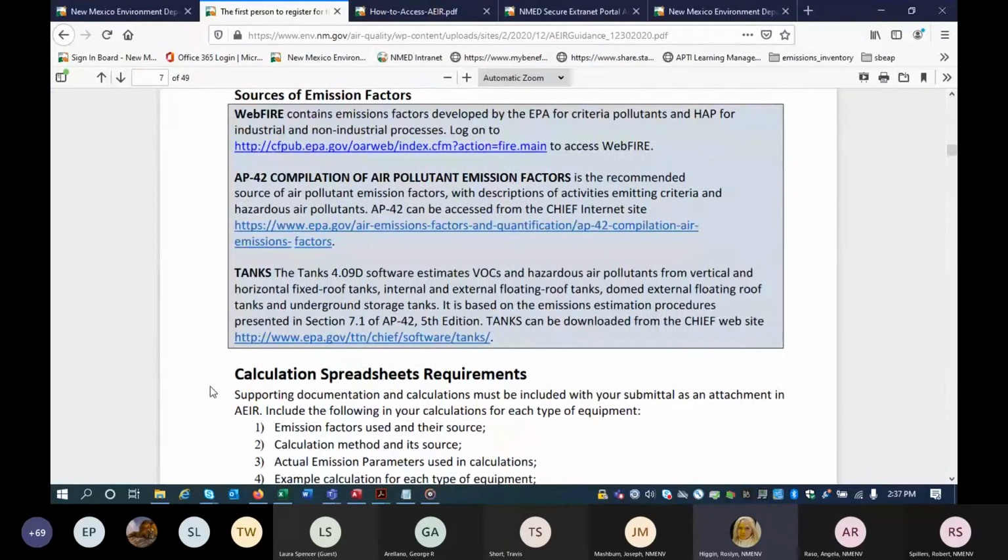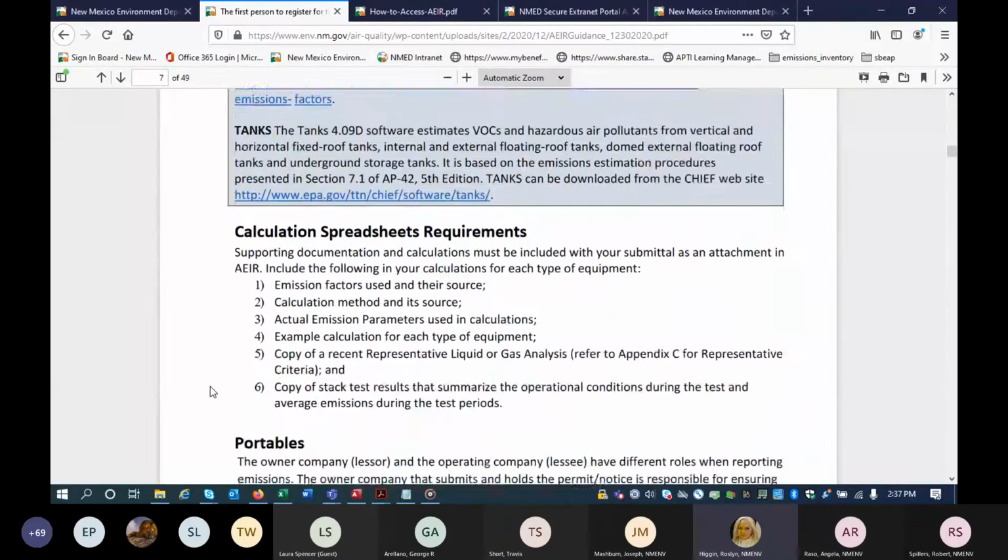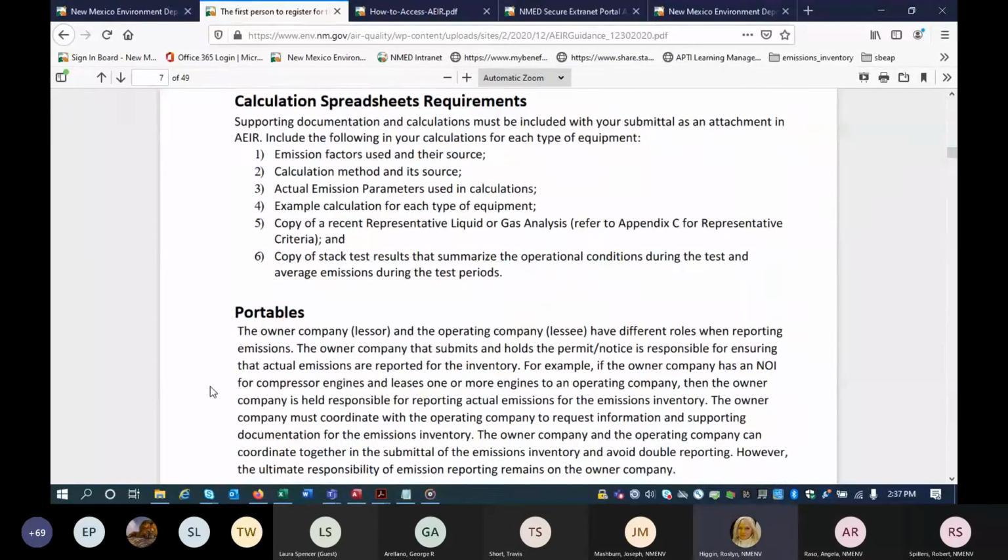The calculation spreadsheet requirements. This is a list of the different things that we're requiring in your spreadsheet, because we do look at your calculations to make sure that you're using the latest emission factor and the correct emission factor for your piece of equipment.